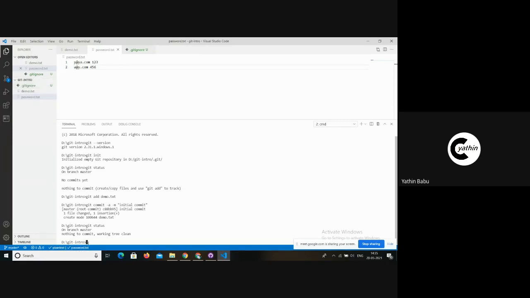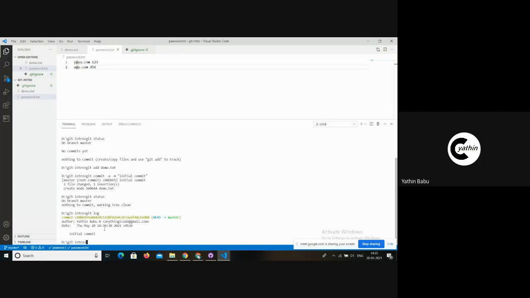So the next command that I'll be introducing you guys is git log. As you can see here, git log just showed the history of this repository, and it shows that there is a single commit we have already done here, and who the author is.